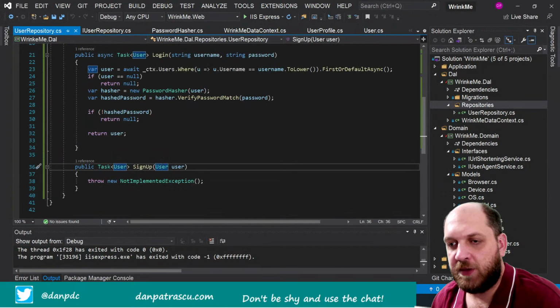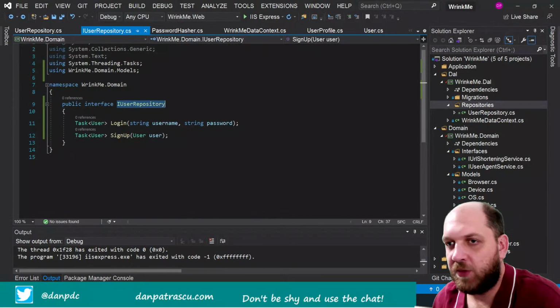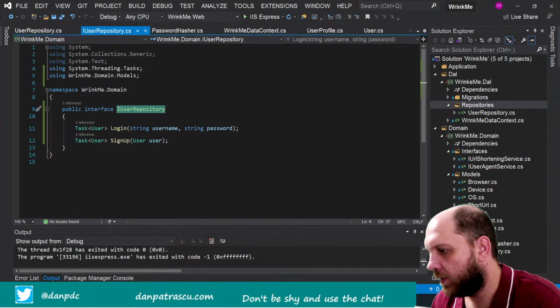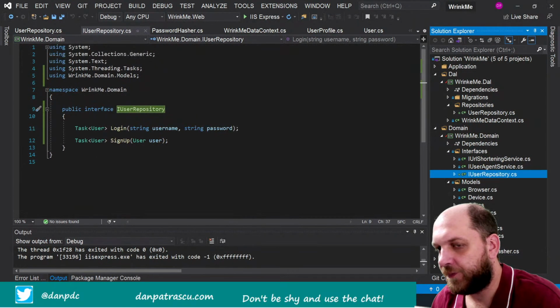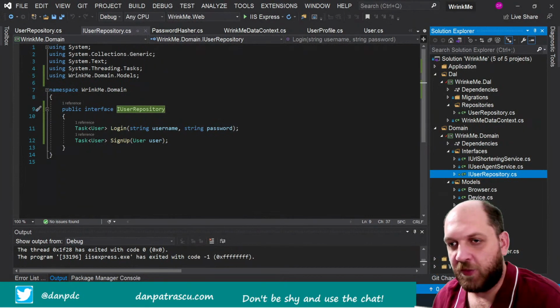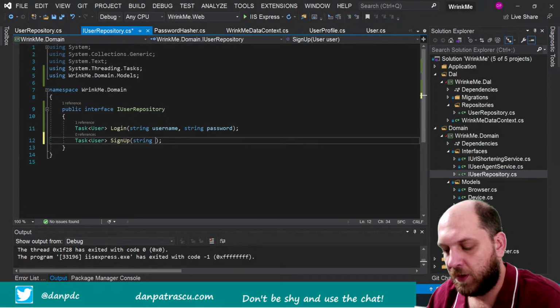So I'm thinking here, instead of getting a user, we should go to the interface, of course, first. Where is the interface? In the domain. Where did I create the interface? I think I created it in a very, very wrong place. Yeah, it's totally wrong, because I created the interface here. That's bad. Let's move it here. Okay. Yeah. Now it's better. So instead of getting here a user, what we want is a string username,